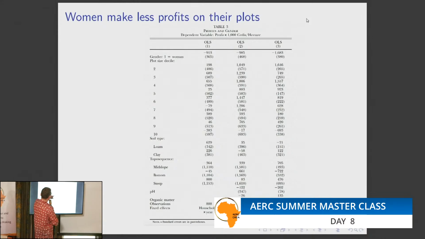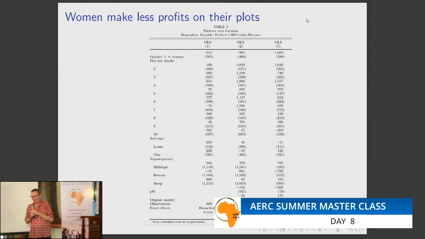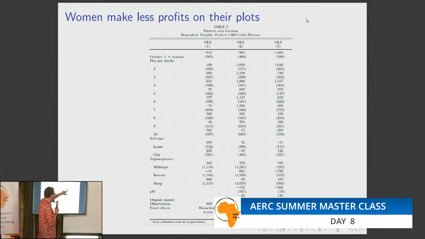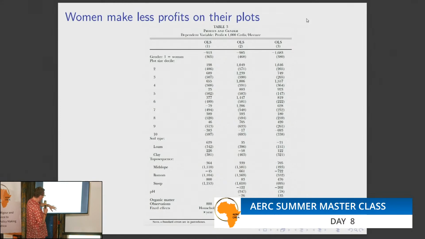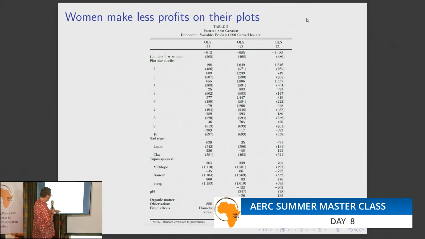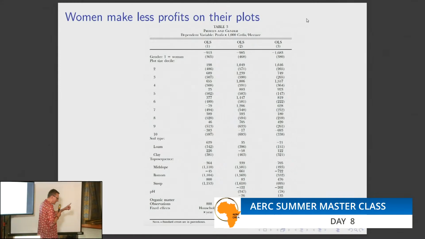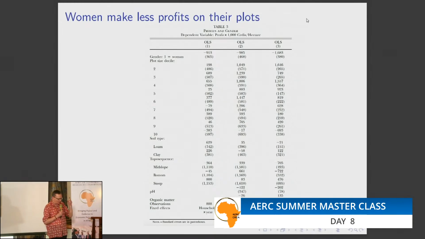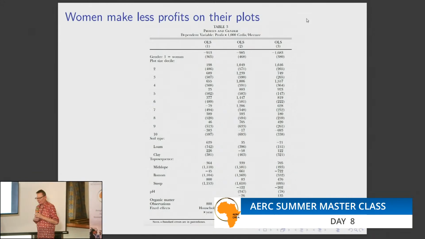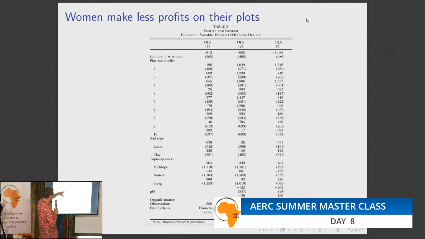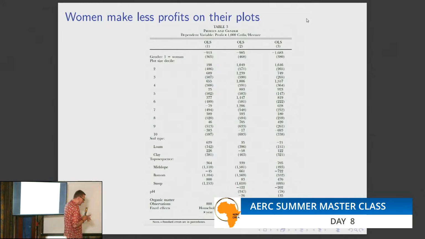systematically, by running the following regression: profits on a bunch of very complicated covariates capturing the slope, and whether or not the plot is farmed by a woman. And what do you find? Women make far less profit than men do, controlling for plot size and soil type and things like that, with household fixed effects here. So they're using within-household variation. Within a household, you have a man, you may have multiple wives, so you're using variation within the household. Women make less profit than men, and so the way the thing transpires is to say,